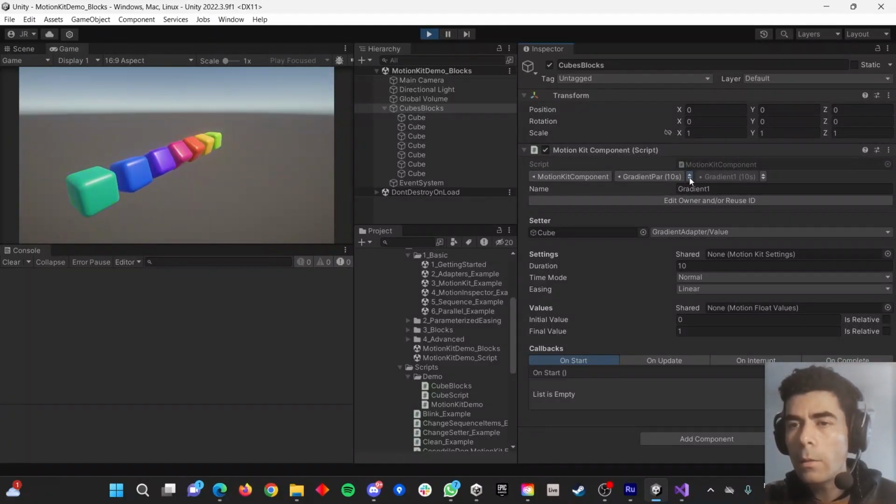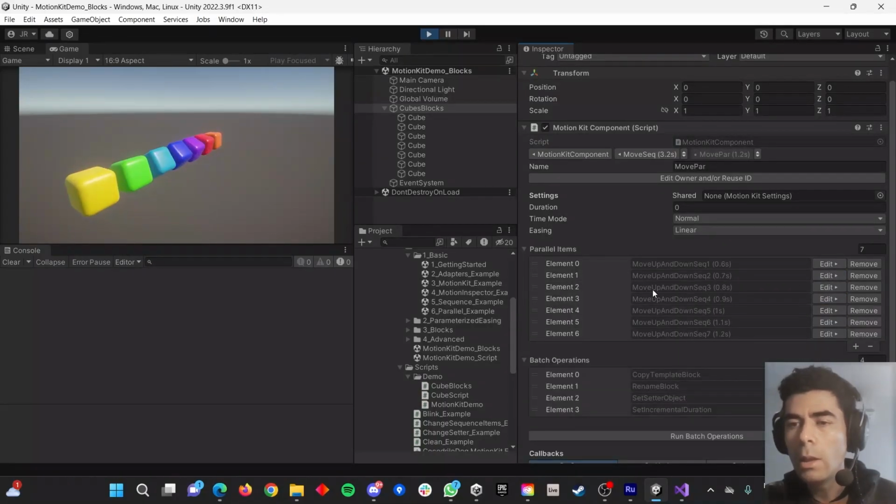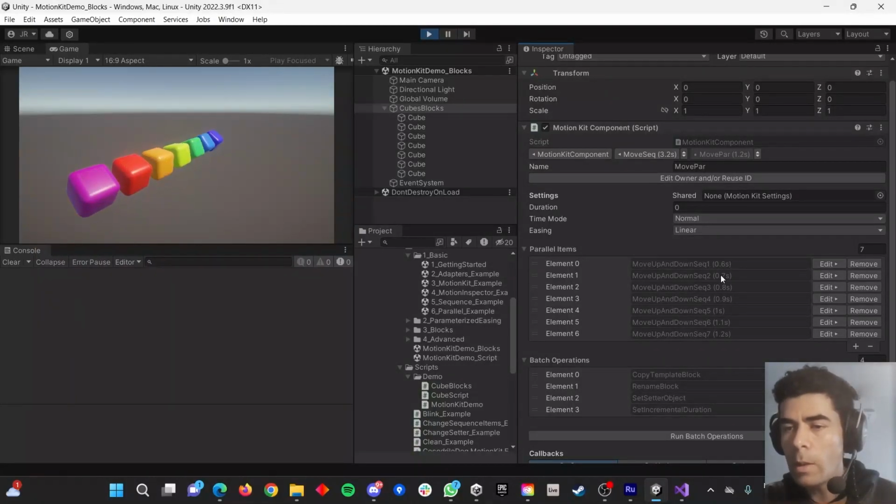Okay, and finally we have the move sequence. This is basically a timer. It will wait 2 seconds, and then it starts a parallel of movements, which is basically a move up and down movement that starts with a timer.